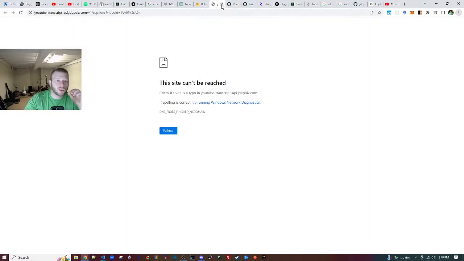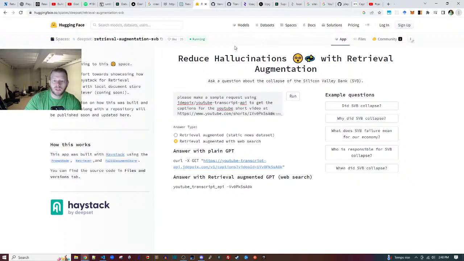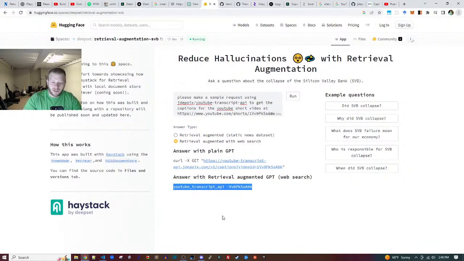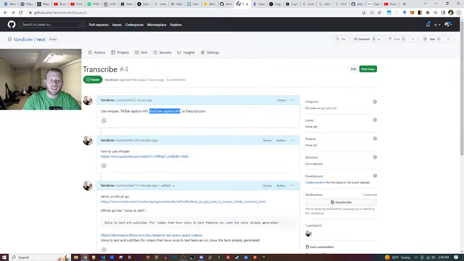Okay, so this GET request doesn't work. Plain GPT mistook the library name for a URL. Retrieval augmented says I can do it this way, but that seems to assume that this thing has already been installed. Hopefully it is this easy.